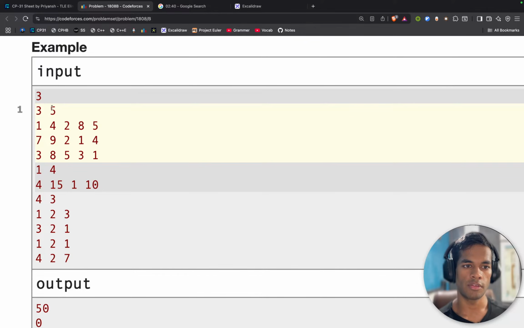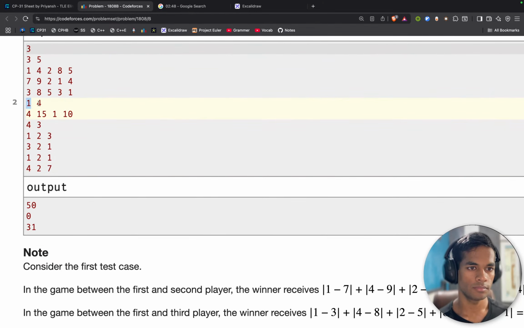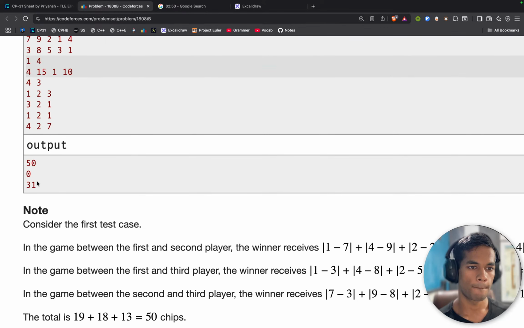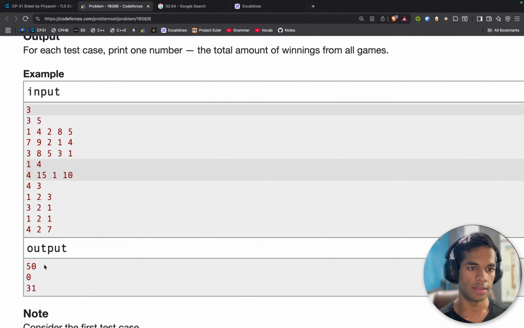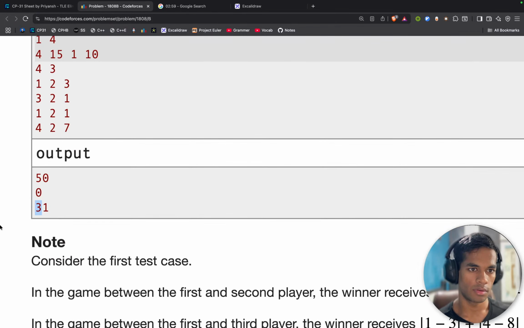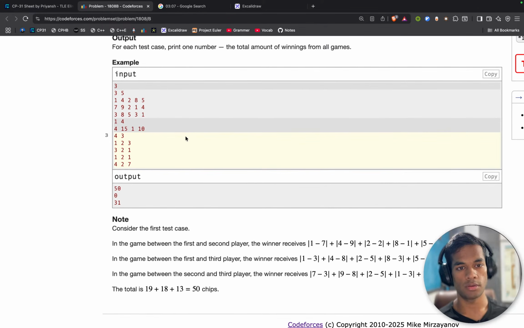There are 3 players and 3 cards with 5 numbers on each, and these are the 5 numbers. So, what do I have to do with this? His answer is 0, where the answer is 50. Here it is 31. Let's see with 31. If these two play, then who is the winner? How do I